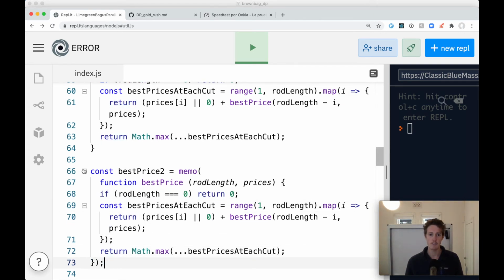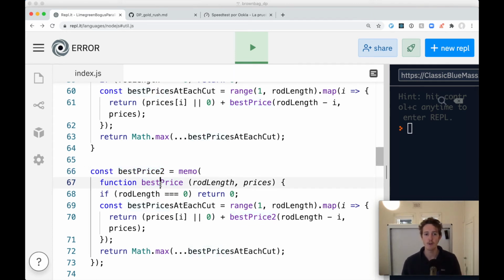And then we're just going to make sure that the recursive call calls the function that memo returns us. So that's the only change we had to make. You just had to wrap our original function in this memo decorator, and make sure that our recursive call calls the function that memo returns